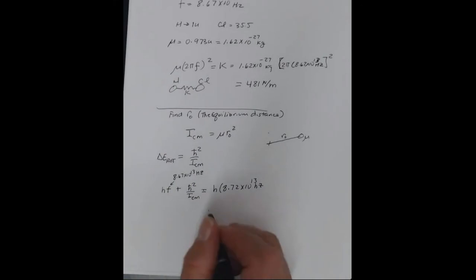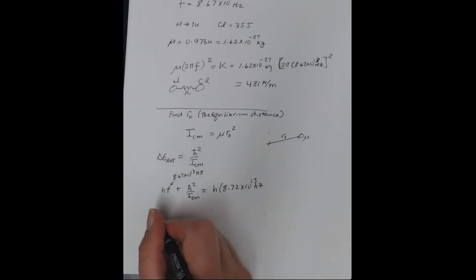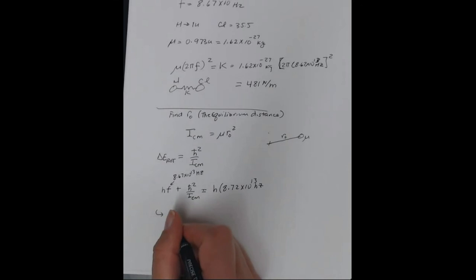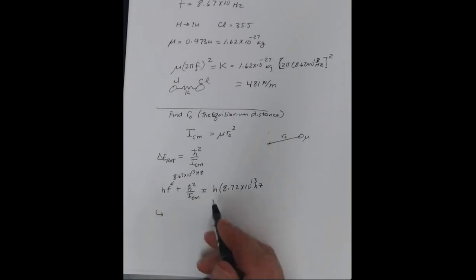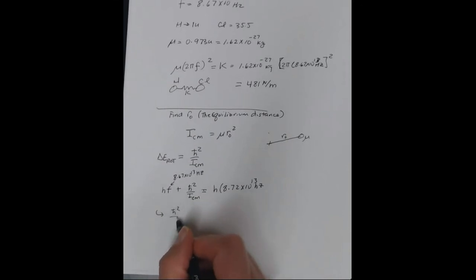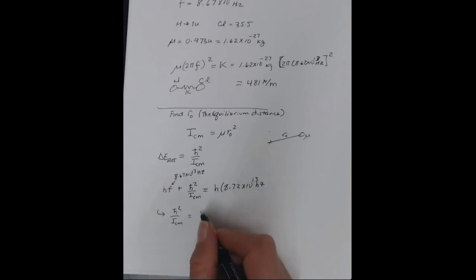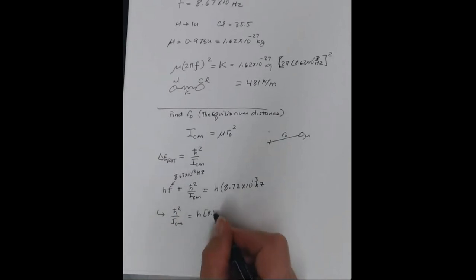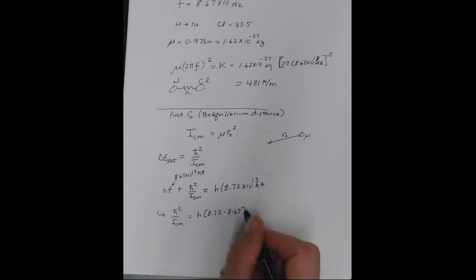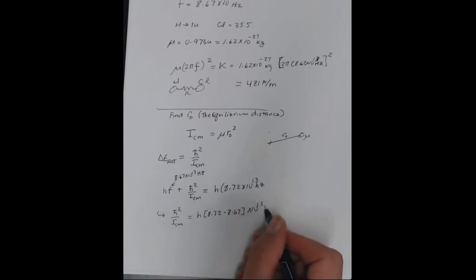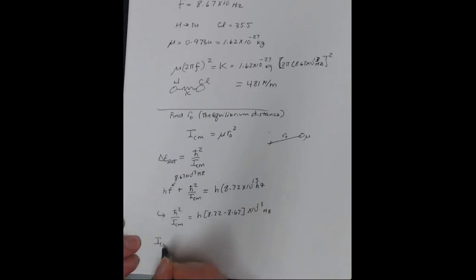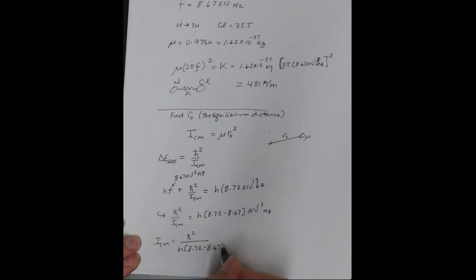So let me solve for I center of mass. I'm going to get h bar squared over I center of mass equals h times 8.72 minus 8.67 times 10 to the 13 hertz. So I center of mass equals h bar squared over h times 8.72 minus 8.67 times 10 to the 13 hertz